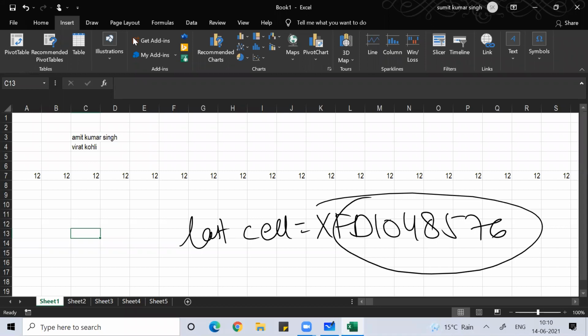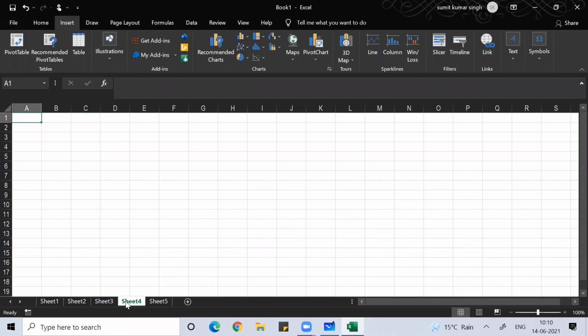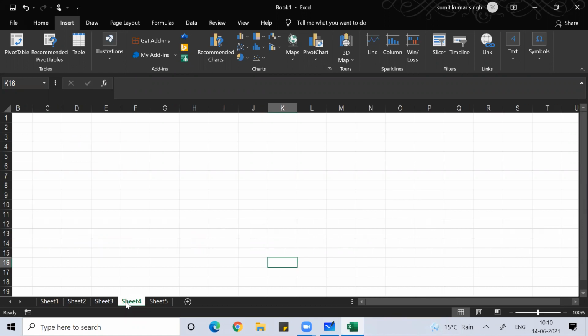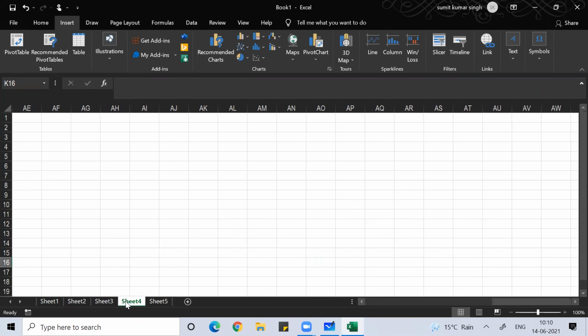Okay, so remember this, the last cell is 10,48,576. Now suppose I want to go to a column AT.